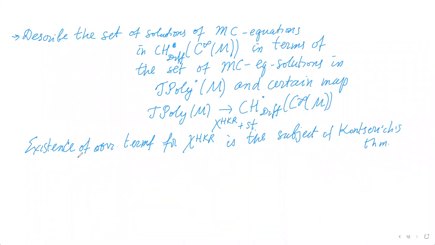Then we can give the explicit construction for these correction terms due to Kontsevich, so that in the end, we shall just apply this universal map, which is usually denoted by U,